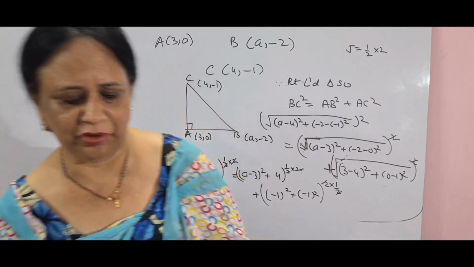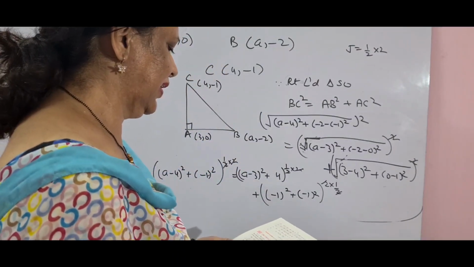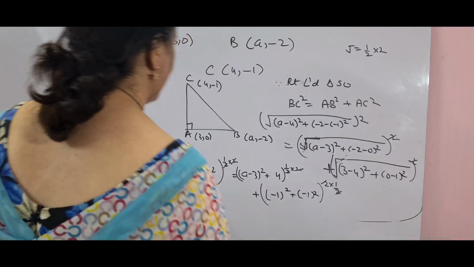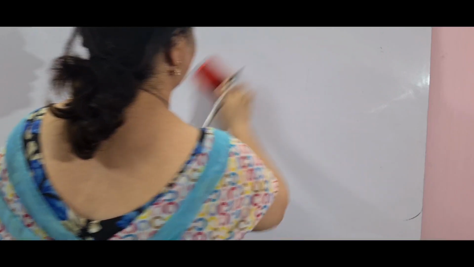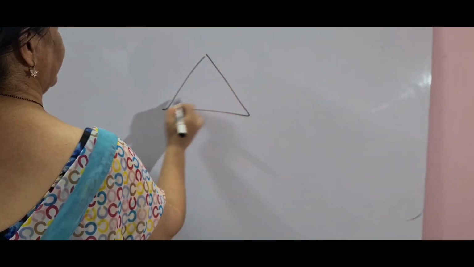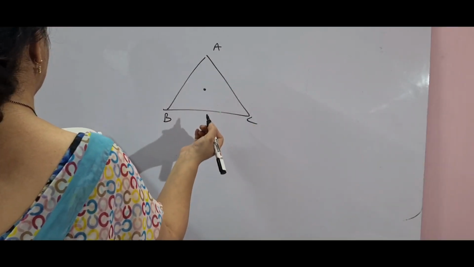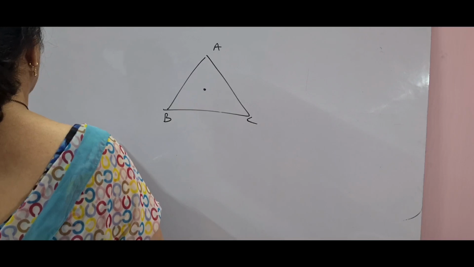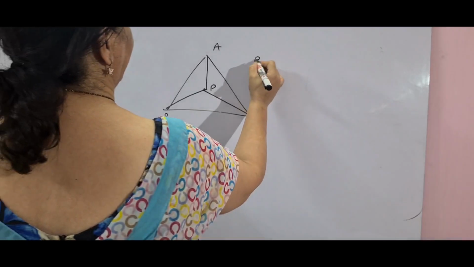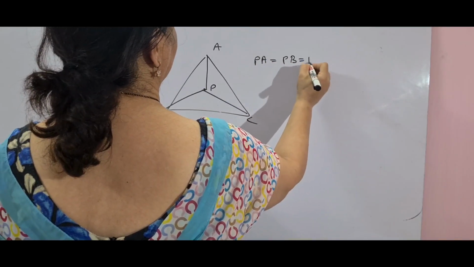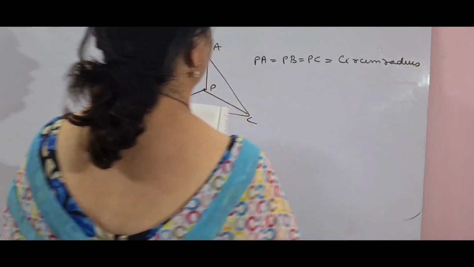I want to explain the term circumcenter to you. What is circumcenter? First of all, circumcenter is in the triangle. This is circumcenter. It is not necessary that it is in the center, but since the word is like this, we call it circumcenter. Circumcenter of the triangle. Suppose I take P, and the vertices A, B and C, so PA will be equal to PB is equal to PC, and this is said to be the circumradius. They are always equal.